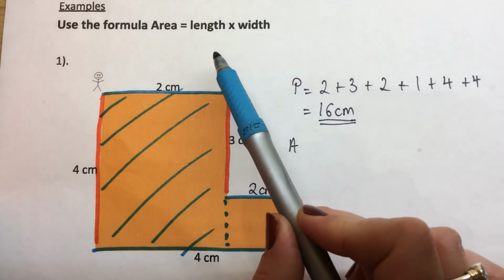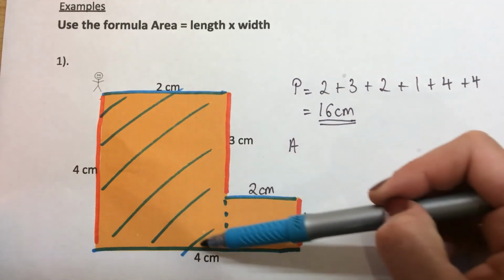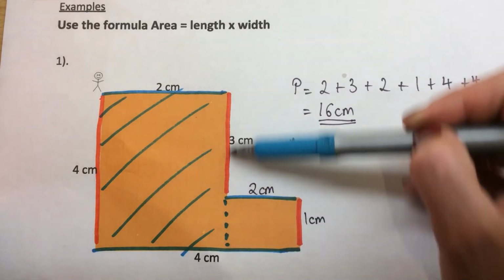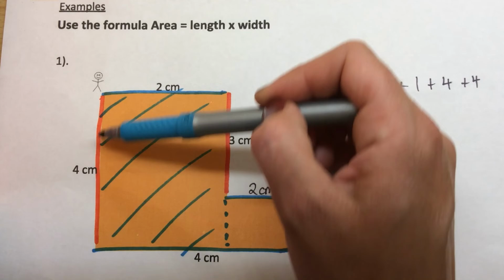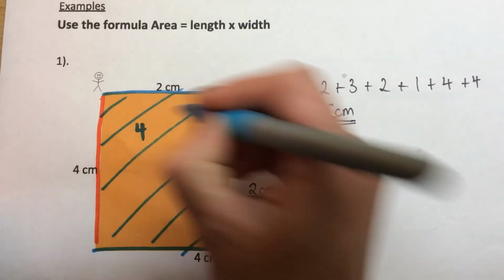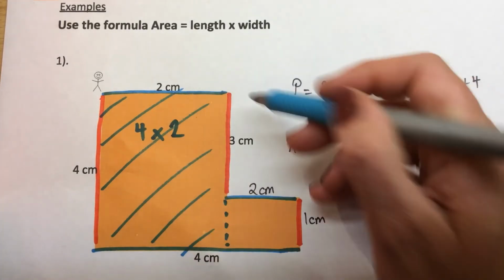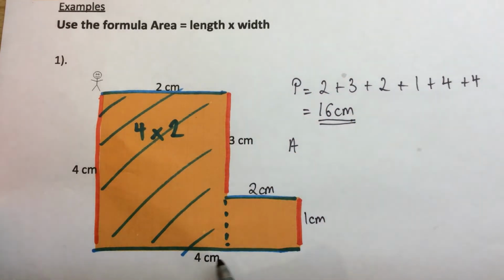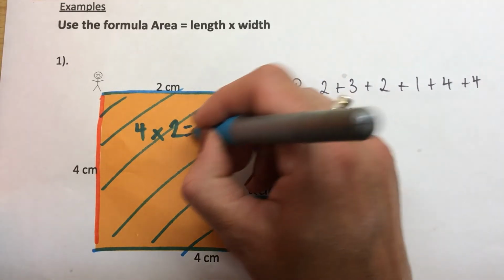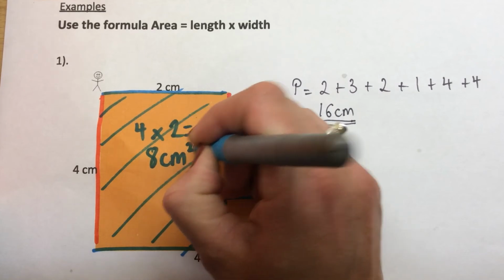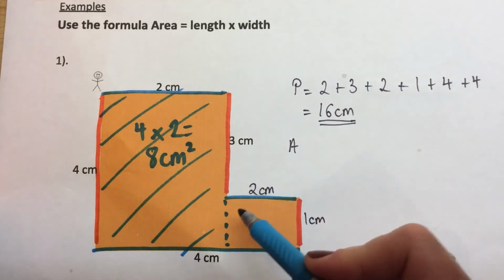But if I look back at the formula and see that it's length times width, and I look back at my rectangle, the length of this rectangle that I'm drawing around with my pen, the length is the longer side, like a swimming pool, it's the 4 centimetres. The width is the 2 centimetres across. That's got nothing to do with it there, and that has got nothing to do with it there, so ignore those two, they've got nothing to do with anything. So the area of this first rectangle is 8 centimetres squared,